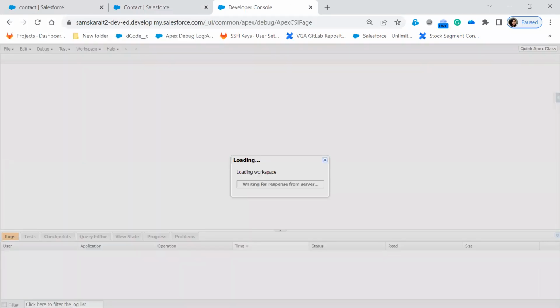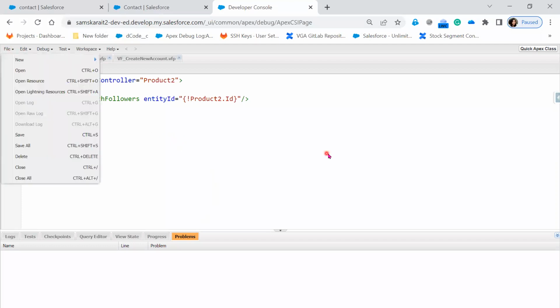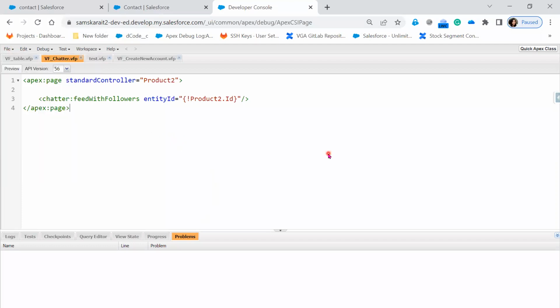Now, I'm in the developer console. Here is the question. Now, I understand the primitive data type Integer, and I know how to declare the Integer primitive data type. Do I need to create an Apex class for testing my code? Is there any other way? Every time I cannot create an Apex class because I'm not yet ready. We are not yet ready to write a big program in Apex. I just wanted to test